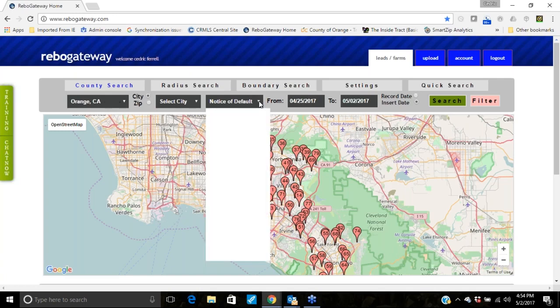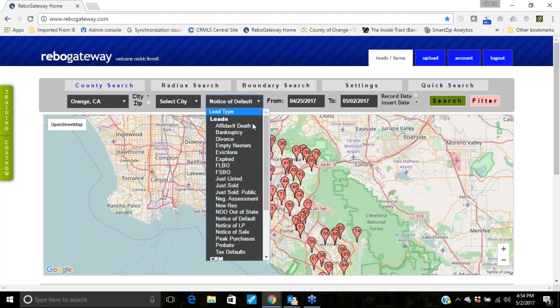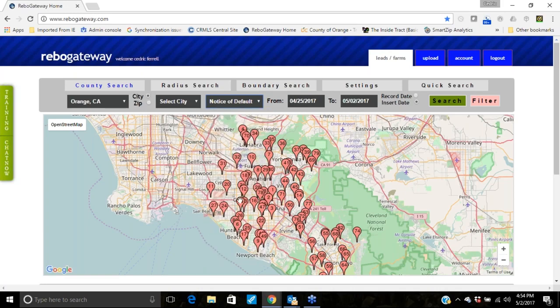And I think this is probably what Gary likes, and this is what we spoke about a week or so ago. These are all the different types of searches that it provides from public records, and it goes from bankruptcies to divorce to empty nesters. I happen to pick notice of default for this,